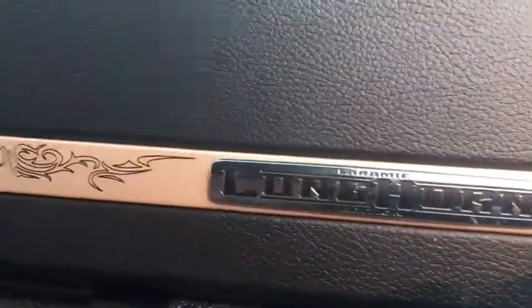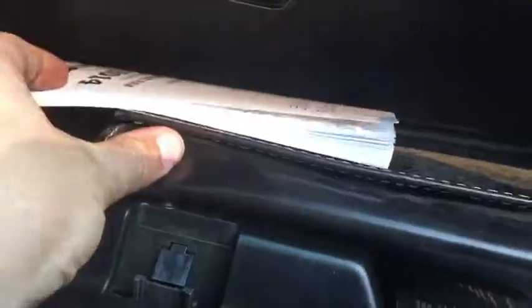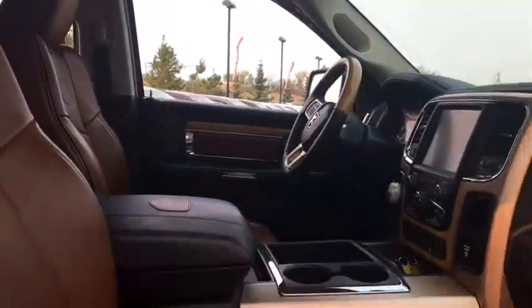All right, and back to the front here. Look at that Laramie Longhorn. Look at the styling on that. That is sweet. So you got two glove boxes here. The top one with a nice little light to help you see, and the bottom one with a bunch of owner's manual stuff in there. Little side storage. And underneath the passenger seat, if we pull this off,